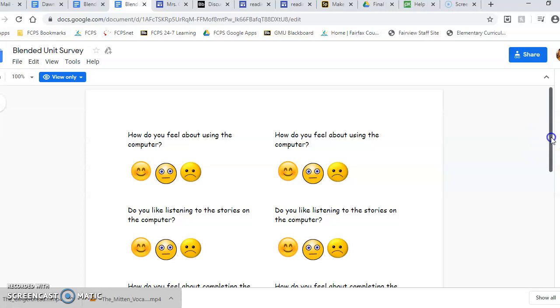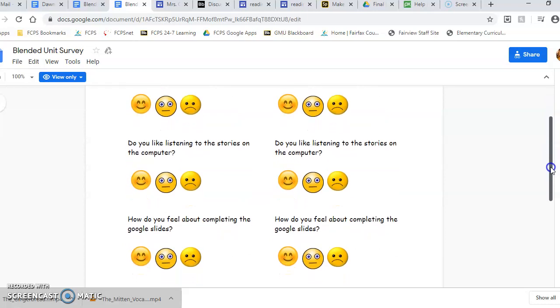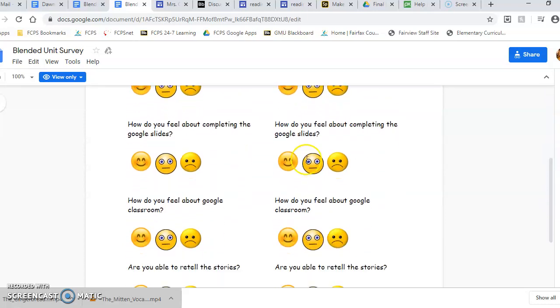Like I said in the little blurb that I left on our thread, typing wise, I said I love the use of emojis. I think that's the easiest way for kindergarten, probably K1, 2, to get their feelings across. I think it's a great way for them to make a quick decision and understand those three emotions without needing too much information to answer the questions, especially since we've been doing some stuff with Google Slides and Google Classroom like you have here.